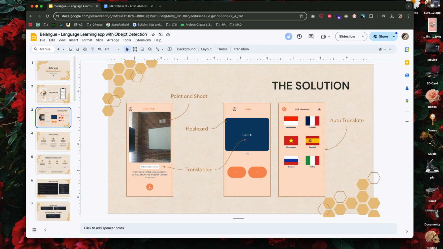And by clicking on the button, it will take a picture, and it will use the object detection and give out the name and also the translation of the chosen language. And then you can also have a flashcard method of learning where you can click on the blue button and it will flip the card, and also there are the next and previous buttons that you can click to shuffle